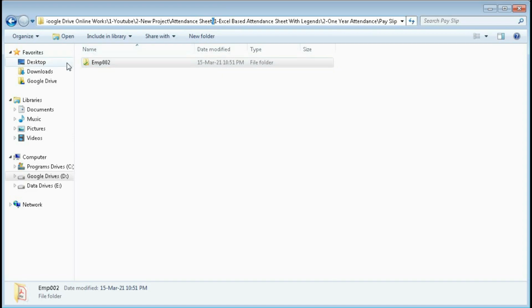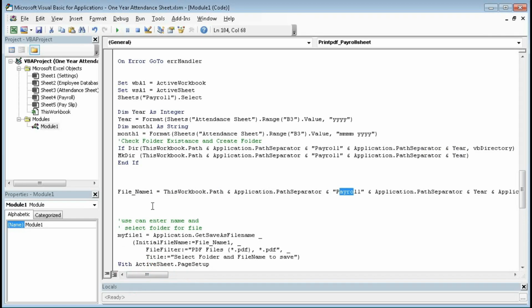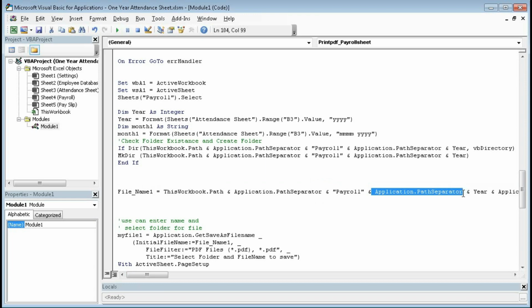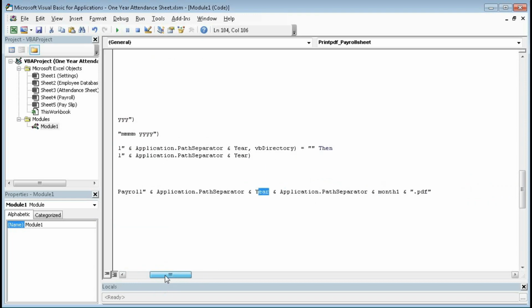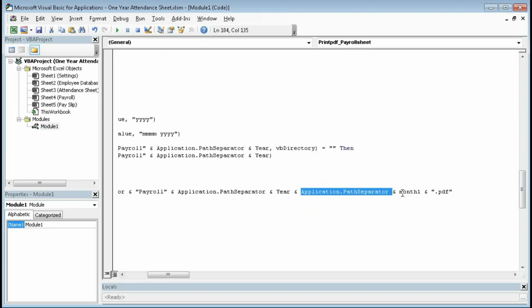So as you can see, we have the payroll folder, but we do not have the year folder. So this code will create the year folder, and now file name 1 equal to this workbook dot path, application separator, then payroll folder, then application separator, then year, and again application path separator, and then month 1 dot pdf.